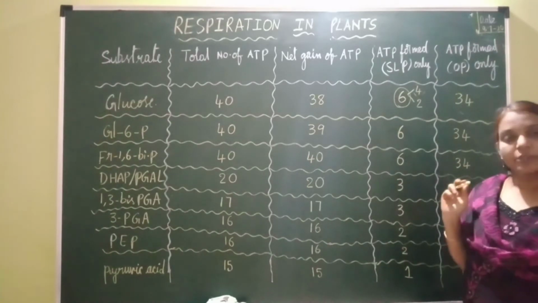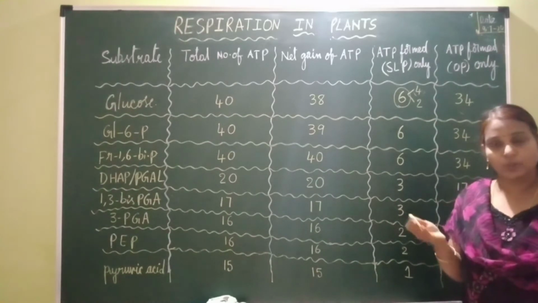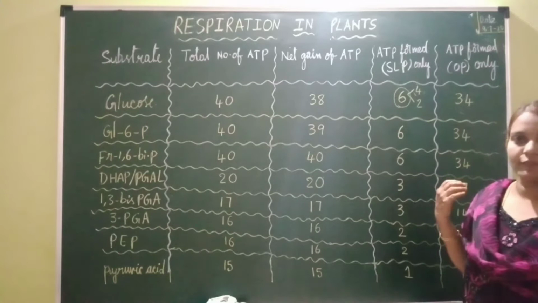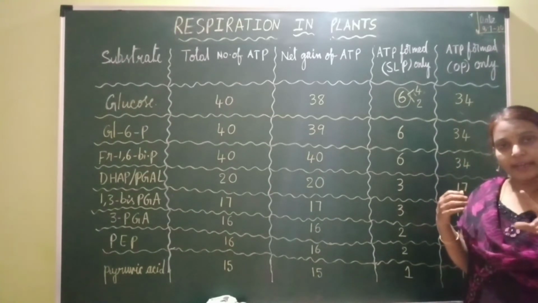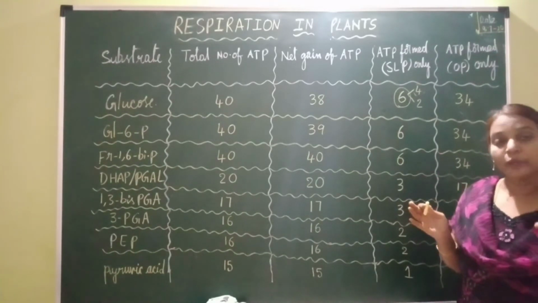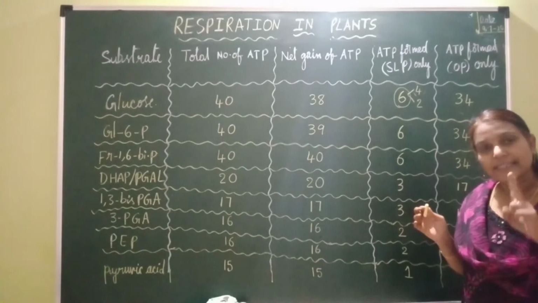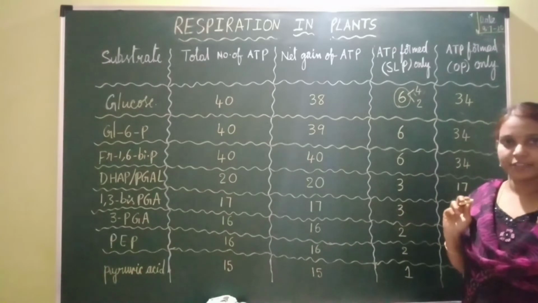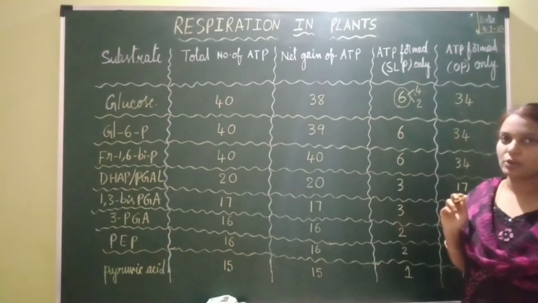So wherever oxidative phosphorylation occurs, that is either in glycolysis or link reaction or Krebs cycle, there is release of either NADH2 or FADH2. Okay, so during glycolysis, how many NADH2s are released per one molecule of glucose breakdown? 2 NADH2s. During link reaction 2 and during Krebs cycle 6 NADH2s. So totally how many NADH2s? 10 NADH2s. And during Krebs cycle 2 FADH2s are also formed.